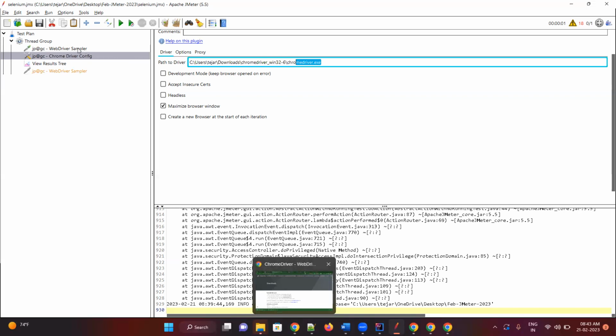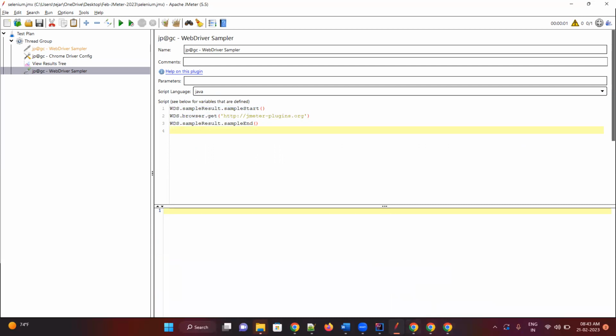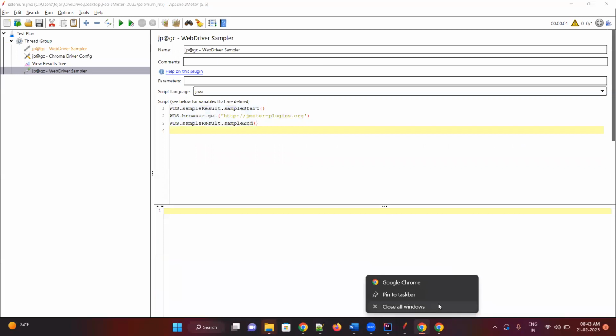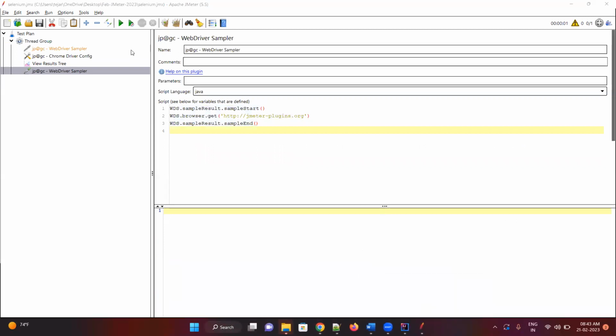Okay, now let me disable this. Let's add a new one. When I add a new one, it has default code. Now what is happening? If I run the program, let me close these existing browsers. If I run the code, whatever code I write is just three lines now: sample.start, sample.end, and open URL. So if you just run this now,